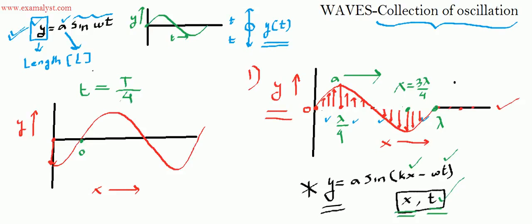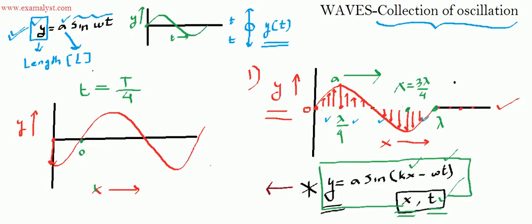So after a time t by 4, you see that the displacement of various particles at various positions has changed with time. Okay, so I hope you understand this information. So the wave equation carries the information of the displacement of various particles at position x and at time t. Okay, now let me make it more clear that it really is the displacement. Okay, let me give you a hint. If you look at this equation carefully,